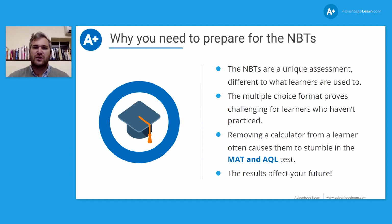But the major reason why we really encourage learners to prepare for the NBTs is that the results can affect their future, and that if it is a requirement for the degree program of their choice, well, they need to give themselves the best chance to score the best results so that they can, again, have the best chance of being admitted into the degree program that they're aspiring towards, which is the stepping stone towards the career that they're in